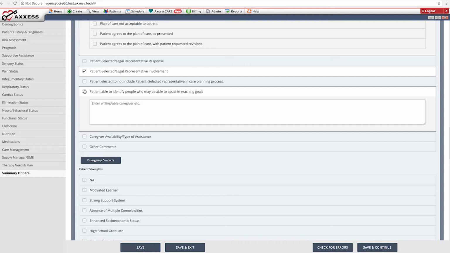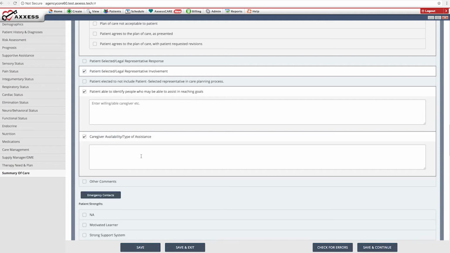And then, again, this is conditions of participation. You have to enter the caregiver availability and the type of assistance. So it's important to know if, say, daughter Joe assists the patient with grocery shopping. You want to write that, 2 times a week, or whatever assistance they have, you want to be able to write that. Because if I have a patient that lives alone